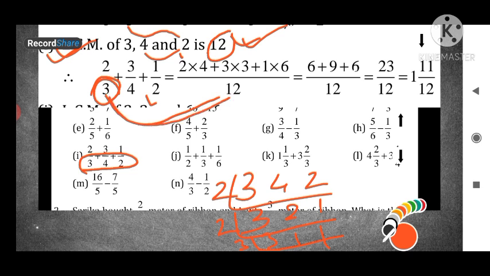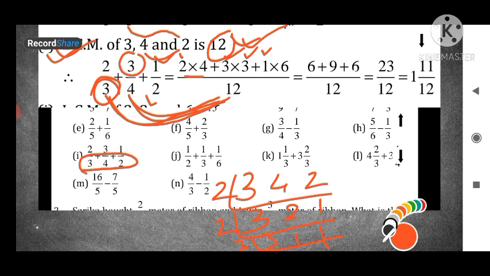So how much we will get? 12 divided by 3 is 4, isn't it? So 2 into 4, we got 2 into 4 plus here 3, isn't it? So you will write 3 here. Now 3 will multiply with what? 12 divided by 4, how much you will get? 3. So 3 into 3. Again plus what is there? 1, isn't it? So you will write 1.